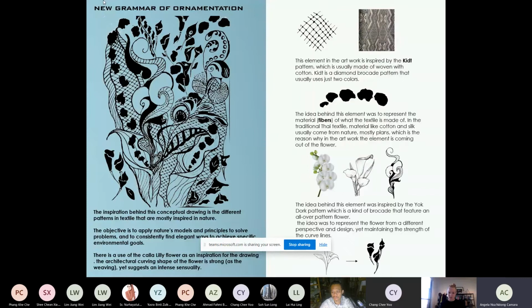So basically, the idea behind it is a representation of ornamentation in nature. The idea also is to represent flowers from different perspectives in design and maintain the strength of curved lines. As we know, when we are talking about organic and about nature, it's really important to emphasize the curvature of everything.